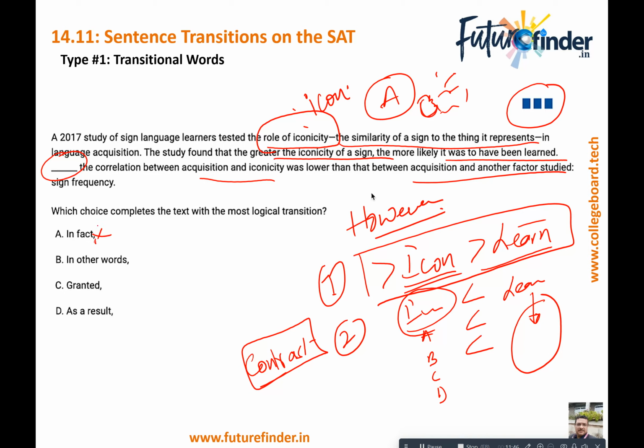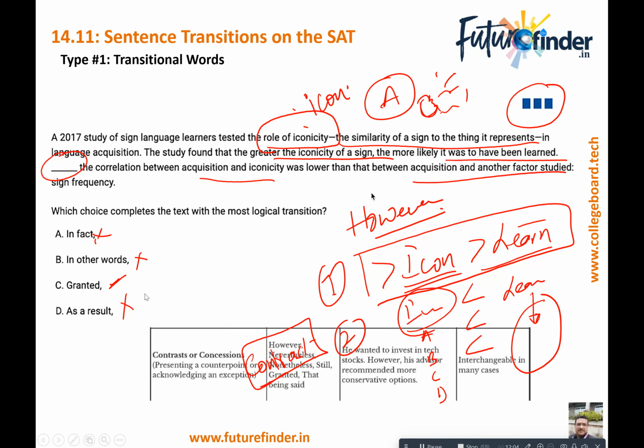No, in fact is definitely something that explains. No, in other words, something that adds. No. Granted is a contrasting relationship, yes, and as a result is a causation relation, cause and effect. No. So the only word that we are left with is granted. Let's go back to our sheet and see if we have got granted in a contrasting relationship. Let's see if we have got granted. We do have granted, right? So we do have granted in the contrast or concessions. So it's a very, very simple